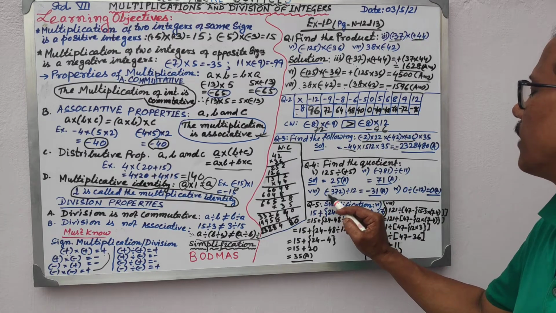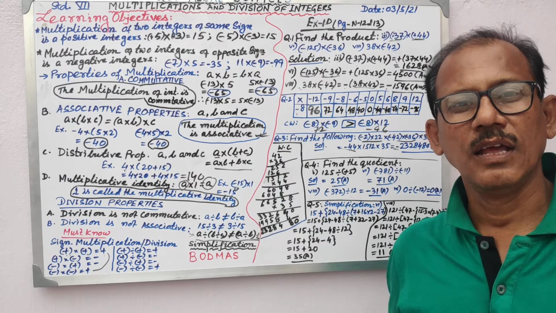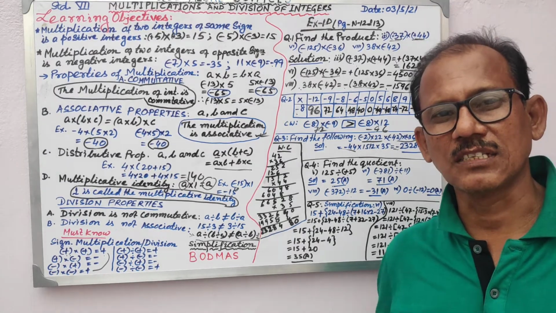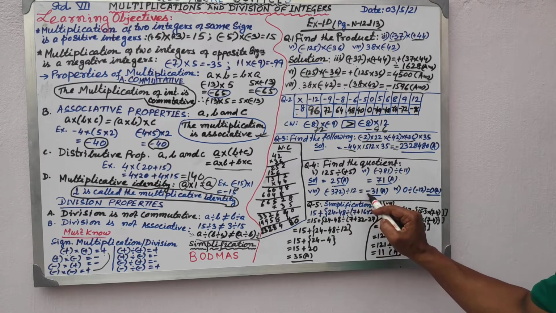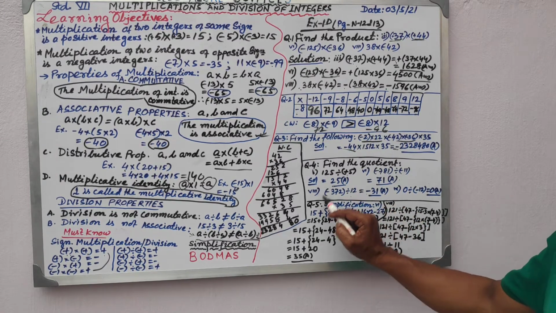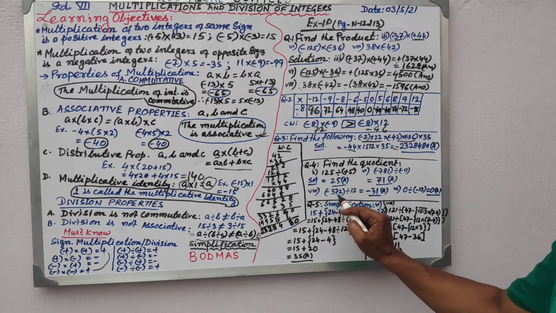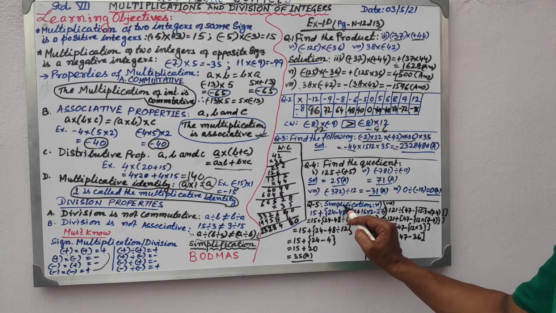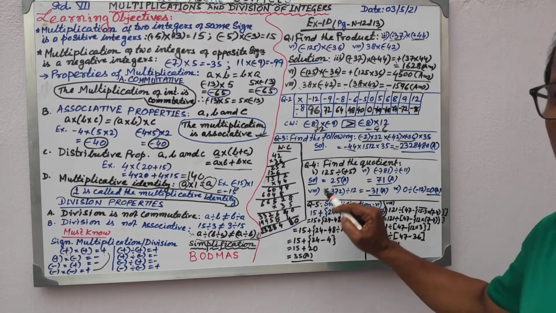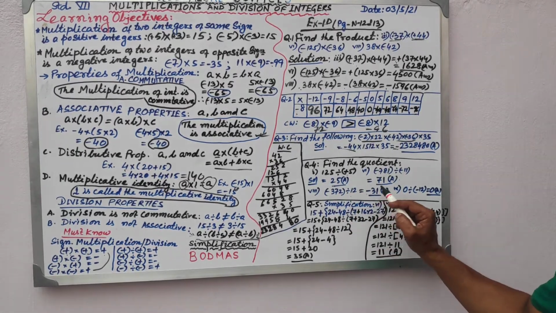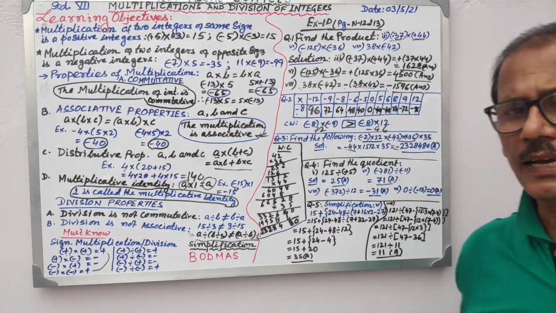Now I have taken the 8th one as an example, minus 372 divided by 12. See, the dividend is minus, the divisor is plus. If either the divisor or the dividend is negative, the answer will come in negative. In this case, the dividend is a negative integer, so the answer will come in negative. Now do the division, mental division once again. 12 3s are 36, then 12 1s are 12, so it will become 31. The minus sign will be in the answer because the dividend is carrying a negative sign.